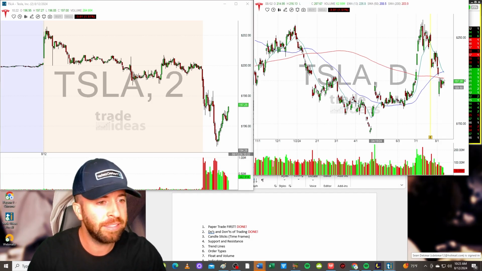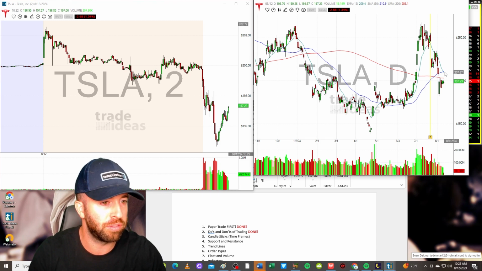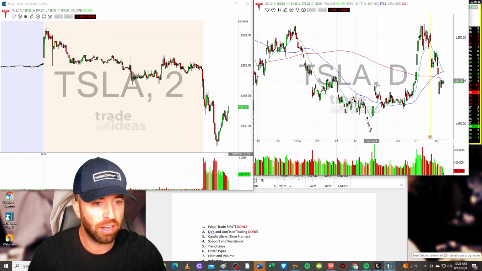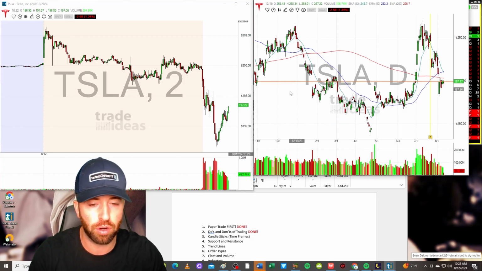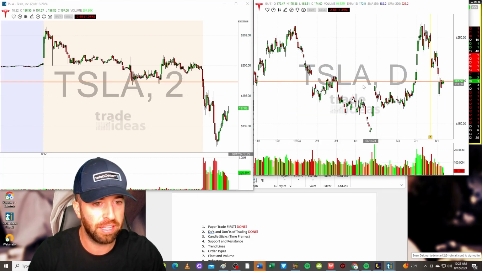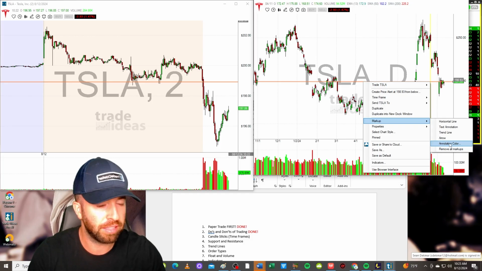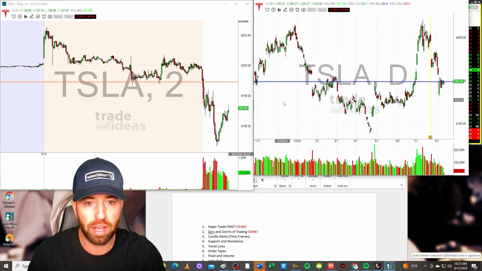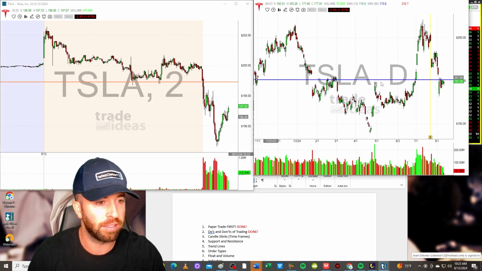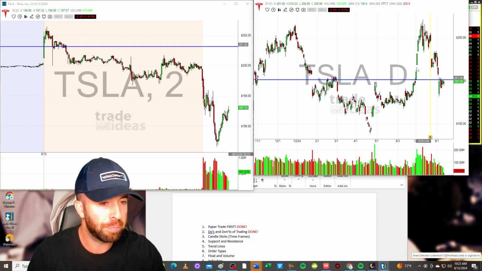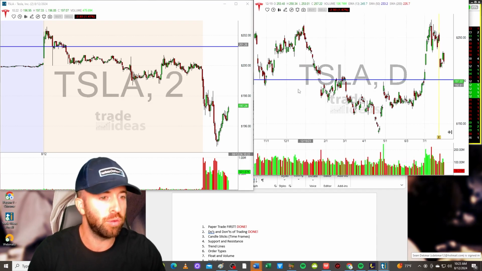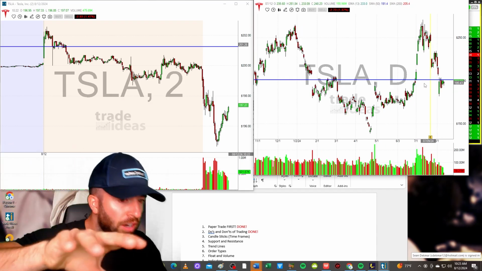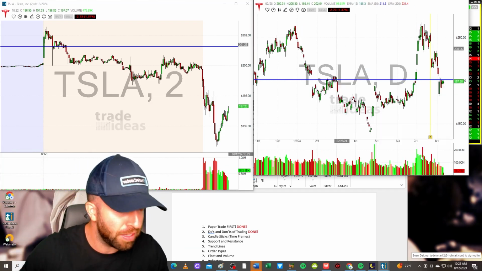So when I take a look over on Tesla, I know that there's going to be a 200-day moving average at 202, 50-day, 13 EMA. I can also see that in the past right here, you guys can see this, that there is a lot of strong resistance. Let me turn off these indicators here. Take a look. You guys can also realize that there's going to be a lot of strong resistance right around where we had some old tops: old top at 200, breakout at 200, old top at 200, old top at 200, bounce play off 200. So I'm able to see the daily chart, see previous indicators, see previous chart setups,